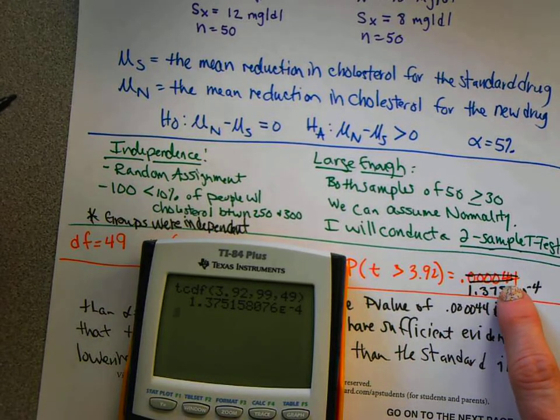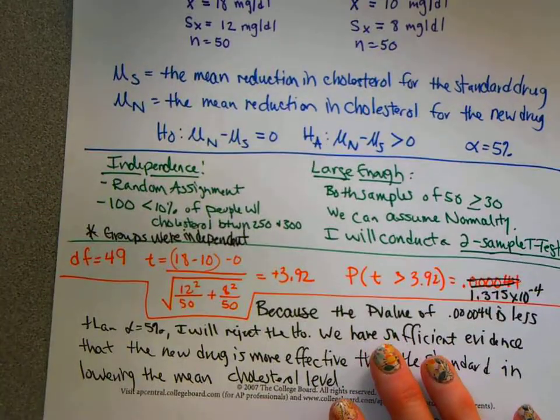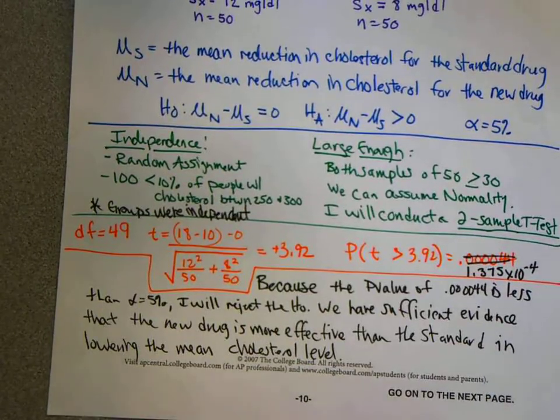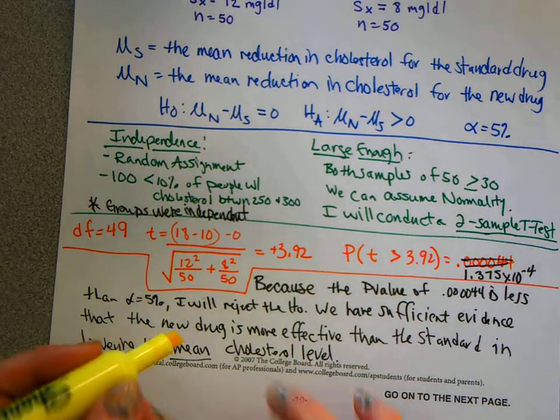And then finally, p-value low, reject the H0. We have sufficient evidence that the new drug is more effective in lowering the mean cholesterol level. Make sure you got that word mean in your sentence, indicating not an individual person's cholesterol level, just the average